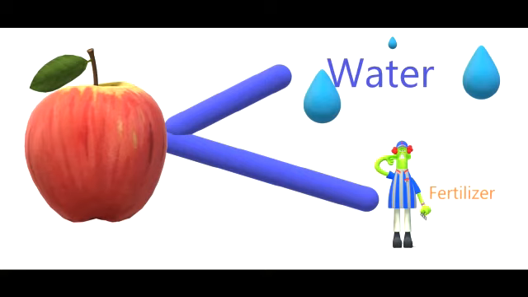Independent variable is what is manipulated. Take the example here. The size of apple is determined based on two independent variables. One is the amount of water, another one is amount of fertilizers. What is the impact if we are using little water or much water? What is the impact if we are using little fertilizers and much fertilizers? The effect or result can be seen in the dependent variable, that is the size of fruits.